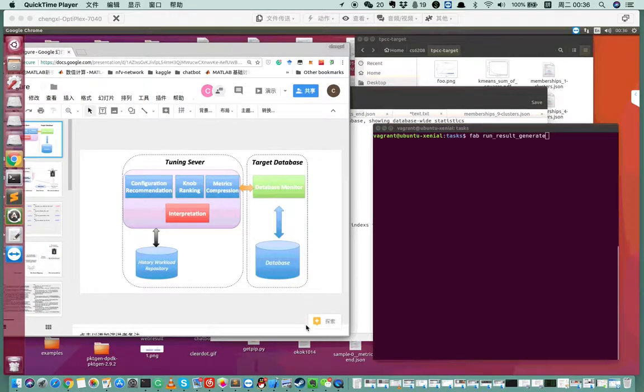Right now we will introduce the architecture of our system. We can see our system includes two components. On the right side is the database we want to tune. On the target database server, we have the database monitor, which is running on the target database server. It's used to collect the internal database metrics from the target database, and those metrics are passed to the tuning server. The tuning server will run a machine learning method to finally get a recommendation